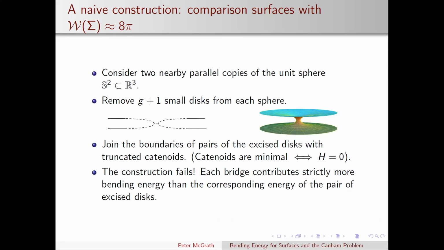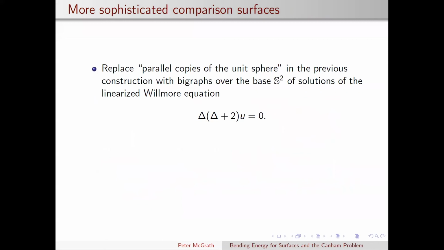However, we did not give up because we were sure that this result was true. And so we decided to go to a higher order method. So we want the same type of surfaces that look more or less like 2 spheres with these little handles, but instead of starting with actually 2 concentric spheres, we have a higher order model for the regions away from these little handles that we have. So instead of using spheres themselves, we actually use graphs over the spheres of solutions of what's called the linearized